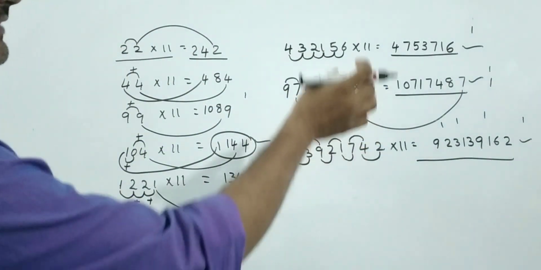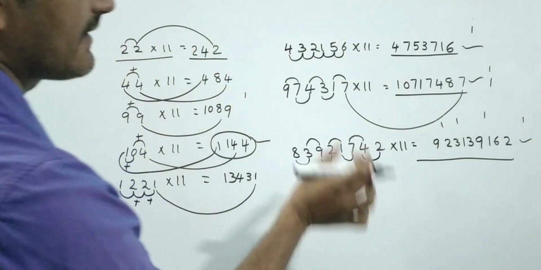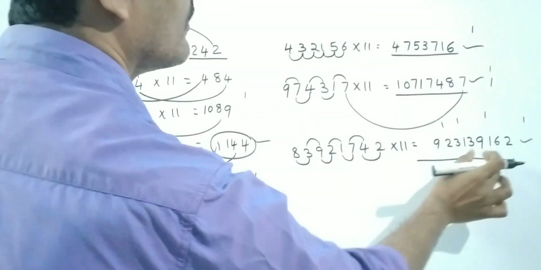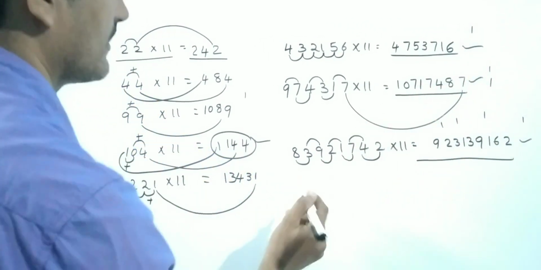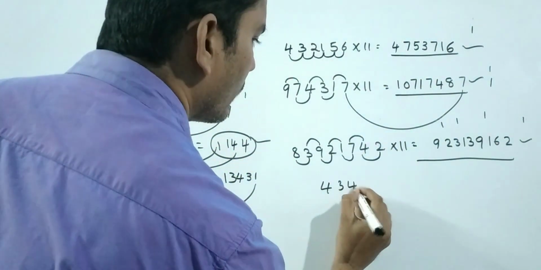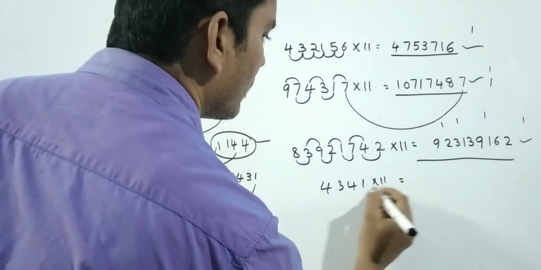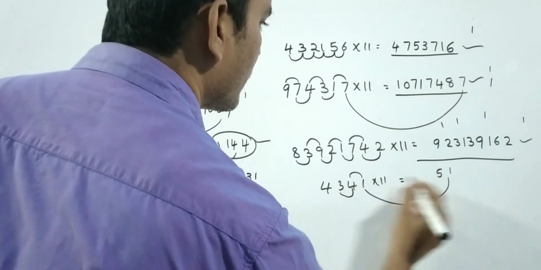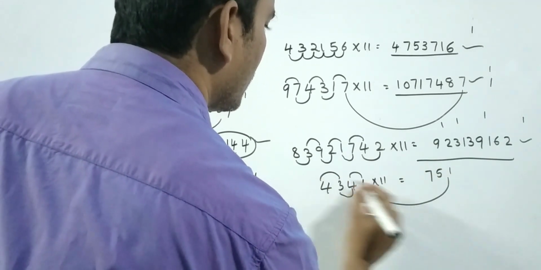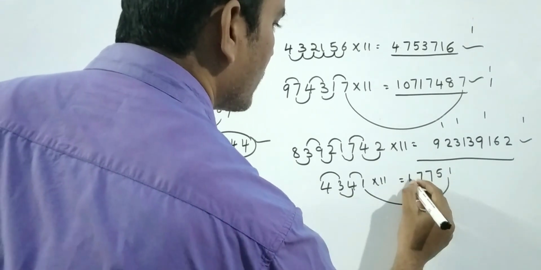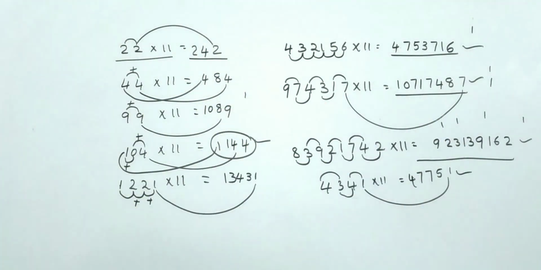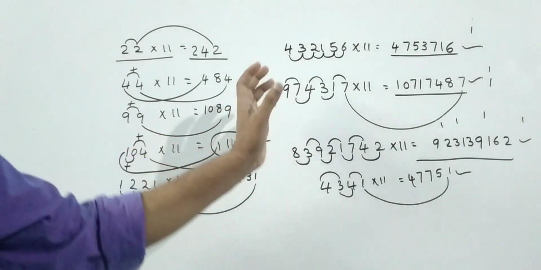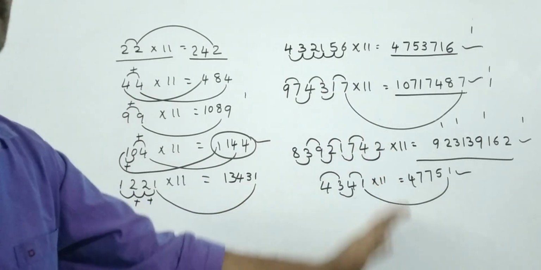How is it? It is very simple. If sometimes in examination we get this type of problems, then easily we can do them. See friends, 4, 3, 4, 1 into 11. As it is 1, 1 plus 4, 5, 4 plus 3, 7, 3 plus 4 again 7, then the last digit is 4. This is the answer. See friends, we have to learn this type of techniques also. We can use these techniques in examination and we will get the answer easily.